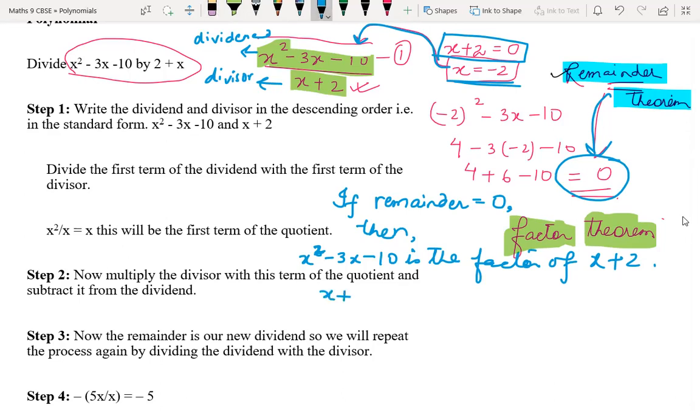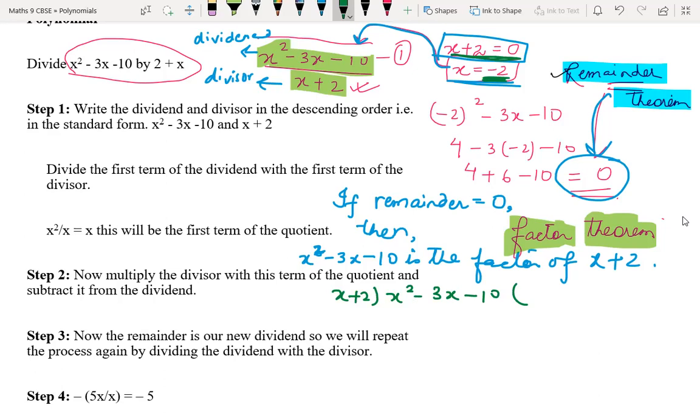So what we need to do is x plus 2, if you divide by long method, see here what we are doing is making the divisor equal to 0, Sai Charan, okay? Divisor is equal to 0. So we can get x equal to minus 2. Understood this much, Sai Charan?